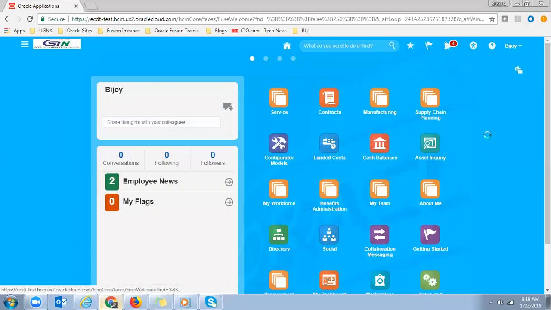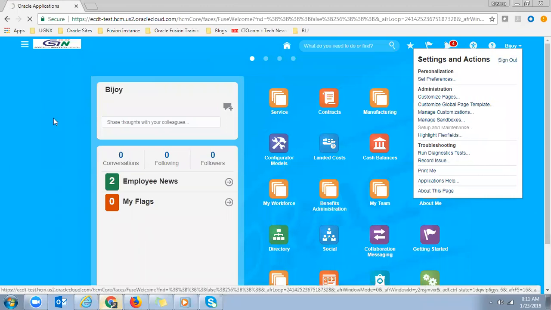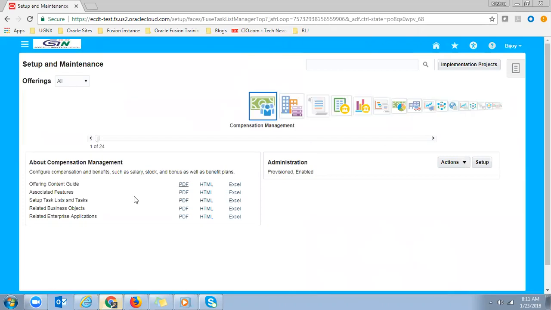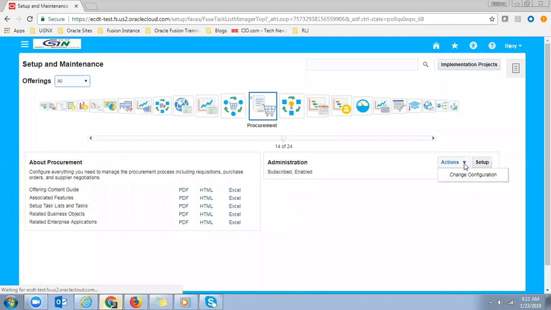And we are discussing the UI of the application. Most importantly, yesterday we discussed the offerings, and under the offerings we discussed offering features, then offering content guide, and then offering setup task list also. Okay, and I told you the difference between all offerings and subscribed offerings. Also, one more important thing is under each and every offering, what we are actually configuring, that we can